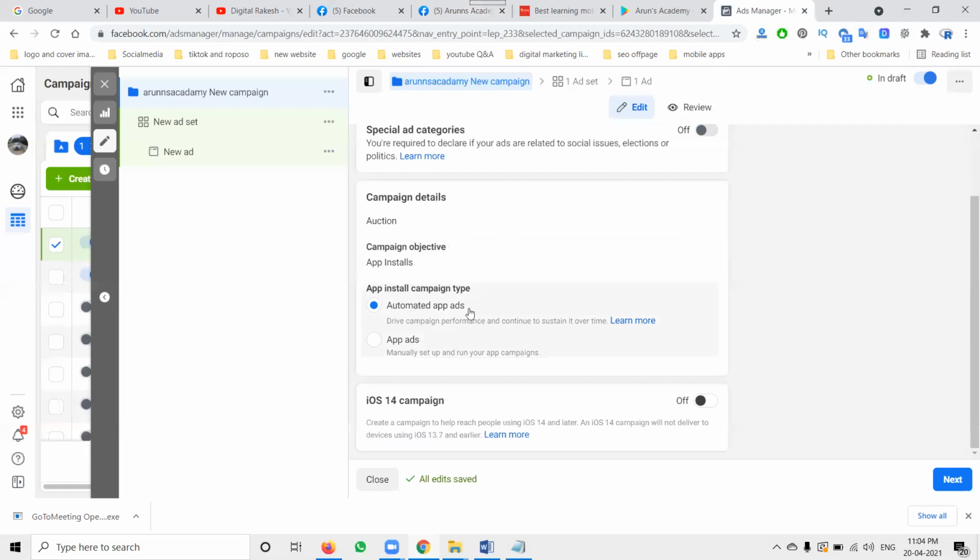So yeah, automate app install, app ad. Select your next option, campaign. It is very important for the app install purpose. I have to focus most on the app installs.